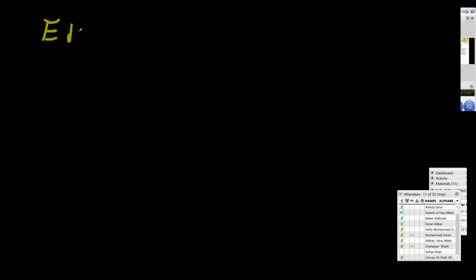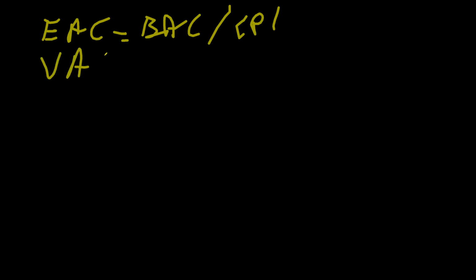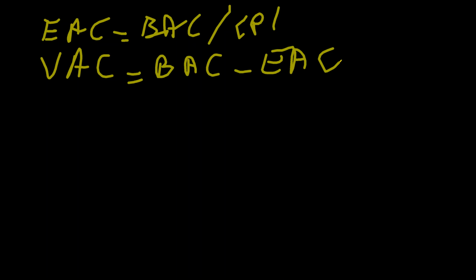तो होता ये है जनाब कि अगर पहला महीना है तब तो ठीक हो गया, BAC बाय CPI। तो जो एक जनरल फार्मूला EAC का है वो है BAC बाय CPI। बट मैंने कहा कि ये उसी वक्त अप्लाई करना है जब मेरे पास एक ही महीने का डेटा हो। अगर एक से ज्यादा महीने का होगा तो बात बदल जाएगी। और वेरिएंस एट कंप्लीशन जो है वो होती है कि जो आपका BAC था वो मेरी ओरिजिनल था, उससे EAC क्या निकला वो माइनस कर दें। तो इन दोनों का जो फर्क होगा वो मेरी वेरिएंस एट कंप्लीशन होगी कि हम ज्यादा कितना पैसा खर्च कर रहे हैं। अगर ज्यादा कर रहे हैं तो नेगेटिव में आएगा, अगर कम कर रहे हैं तो पॉजिटिव में आएगा। बचत होगी तो पॉजिटिव में आएगी।